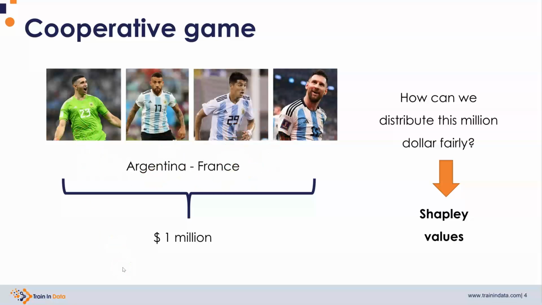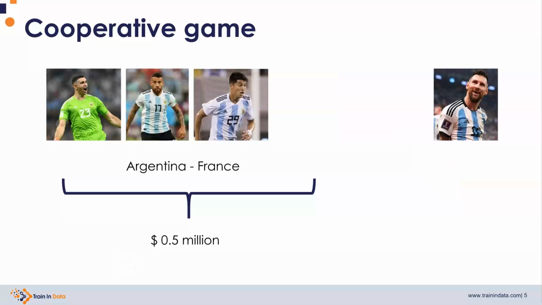The main intuition behind the Shapley value is that we want to determine the player's contribution to the coalition. But how can we do this? So what we could do is remove one player from the coalition and then see what happens. So in this case, we take Messi out of the coalition and we see the result of that match. If we take Messi out, this coalition obtained a result that awarded them only $500,000. So then we have reason to believe that it would be fair to give Messi the other half of the $1 million. Well, hang on.